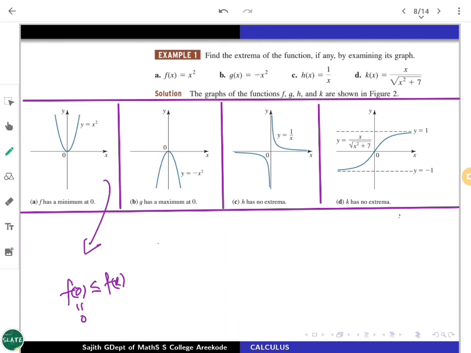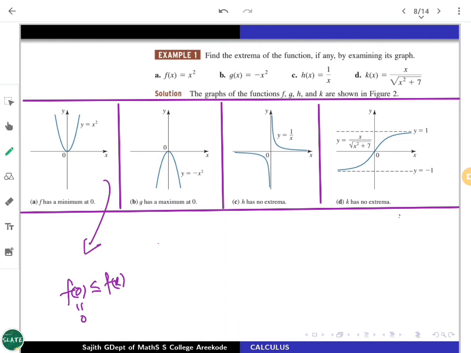What about the second graph? The graph is toppled down. That is y equals minus x square. So now, instead, you are getting a maximum value at 0. Obviously, f of 0 is going to be the peak, greater than or equal to f of x for every x in R. On the other hand, the function g, minus x square, is not going to have a minimum value, as g is not bounded below. It is not sealed from the downside.